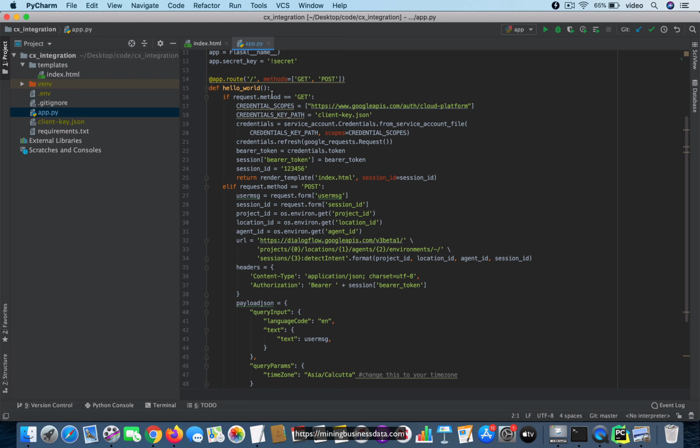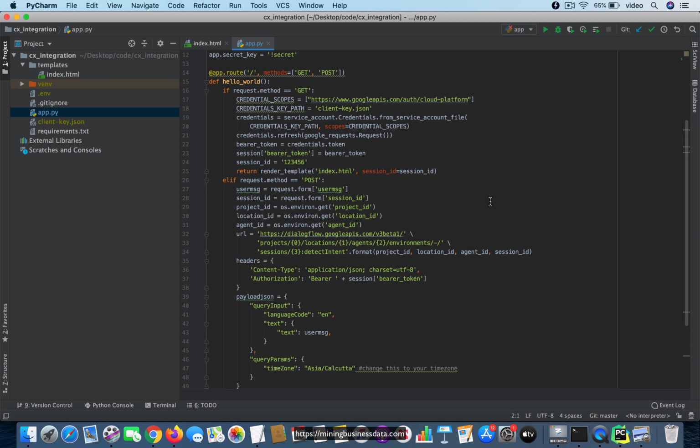So you can see that if you get a GET request to this method, the first thing I do is the authorization over here. This is the code where you choose the scope, and for the scope you have to make sure that you use googleapis.com/auth/cloud-platform, and then the credentials key path is the path to this